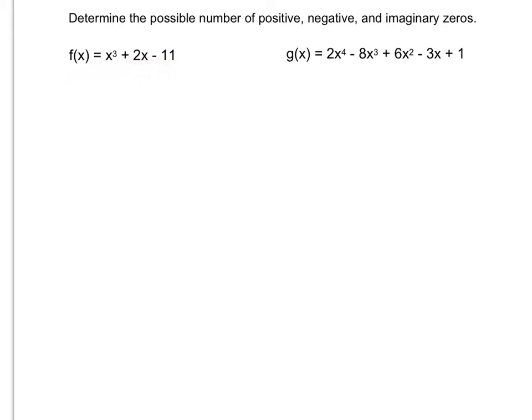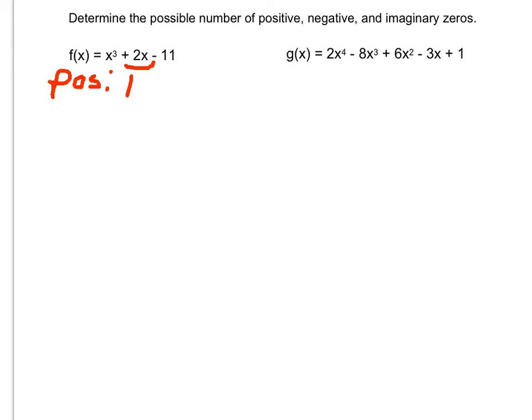we're just going to look at sign changes that are occurring right here. This is f of positive x. So we go from a positive to a positive. That's not a sign change. But then we have from positive to negative. So there is a sign change right there, which means that we're going to have a possibility of 1 positive